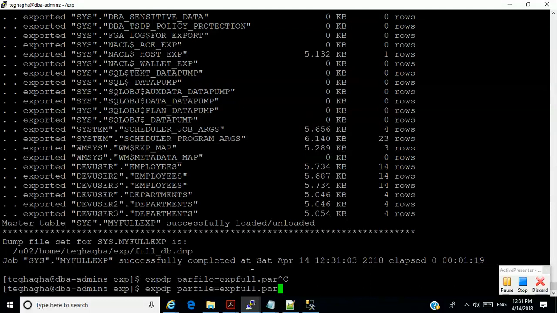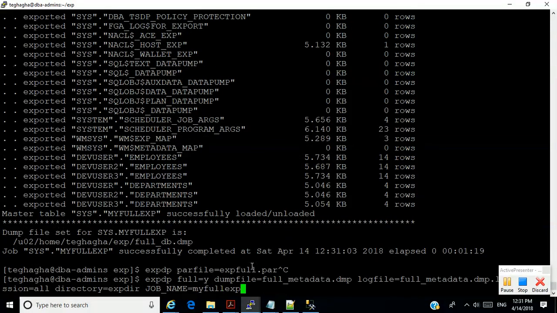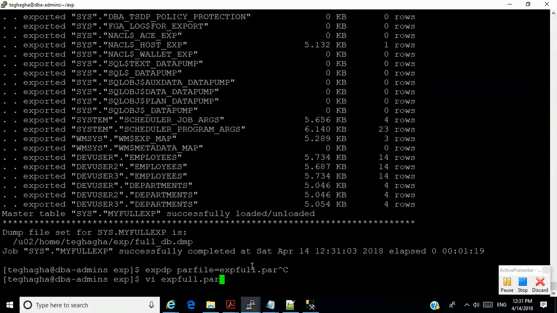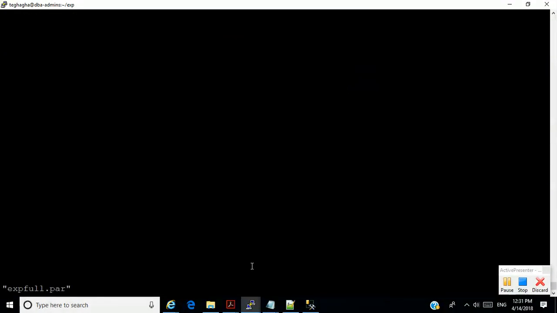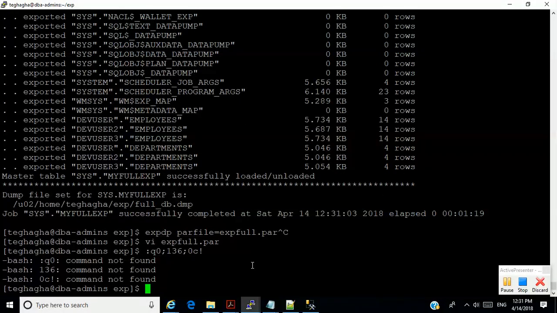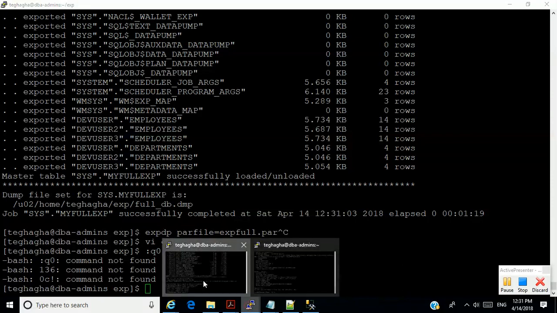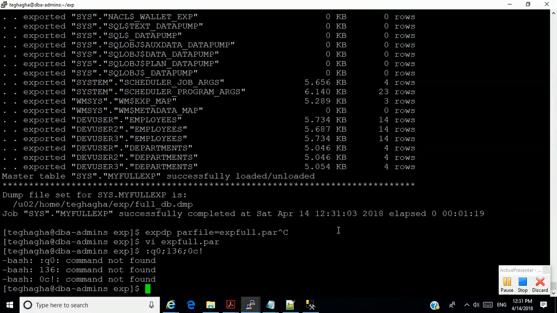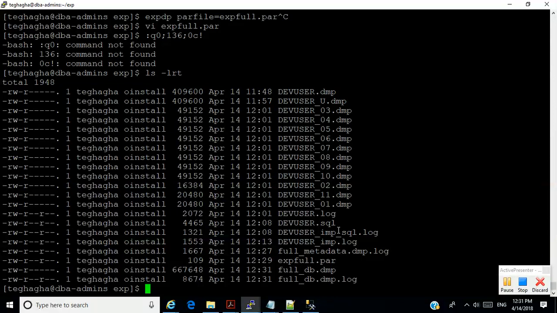I can do what we call import data pump here. I can change that file, for instance. Or rather, I can create a new one. Copy this file here. Remap.